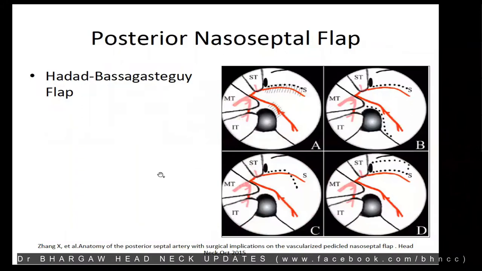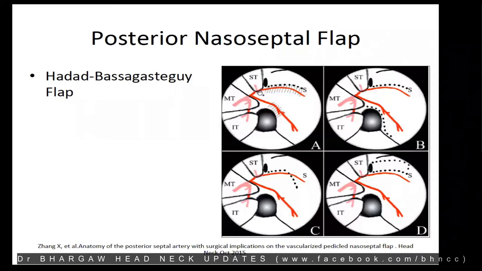So one of the flaps that is a workhorse flap for skull-based surgery is the nasoseptal flap, the Haddad flap. That's actually the Haddad-Bassagasteguy flap. Unfortunately, it's more famously known as the Haddad flap than the second name. But then we need to know that